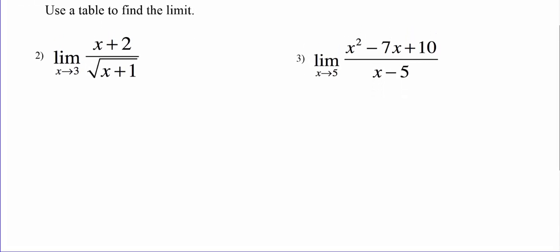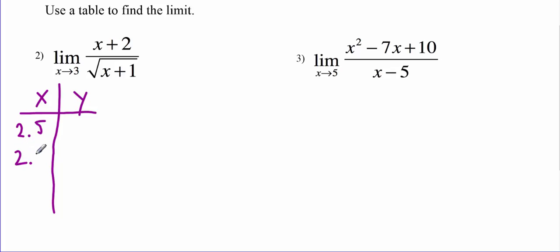We want to use a table to find the limit of the given functions. So what I'm going to do is this. By finding a table, I know I need to get values in the case of number 2 that are close to 3, but we need to approach from both the left and the right. I'm going to use these values. There's nothing magical about them, but I'm going to go 2.5, 2.9,